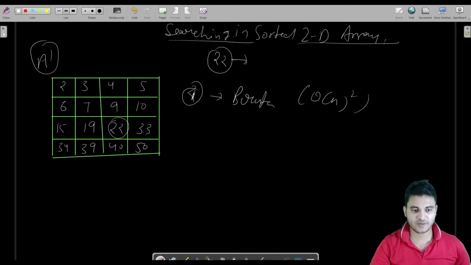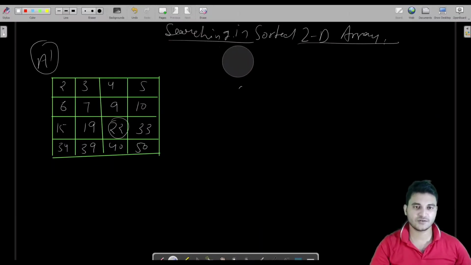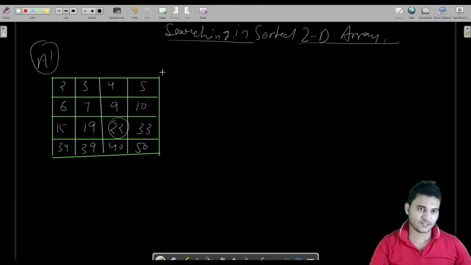But there is an optimized solution for this. Because, as you already know, the array is sorted, we will use the benefit of that. What we will do is start from here. Let us say we have 22 to search. If you know the properties of a sorted array, let us say you are searching for 5.